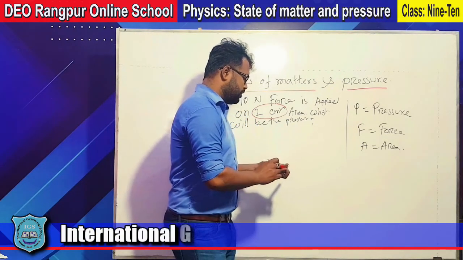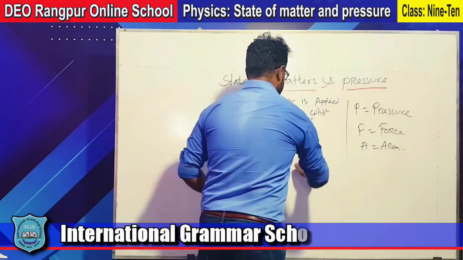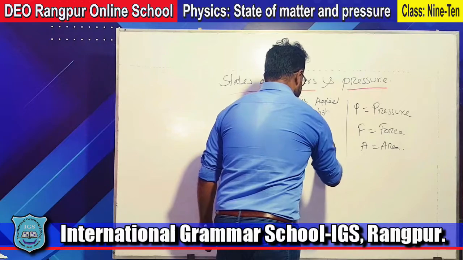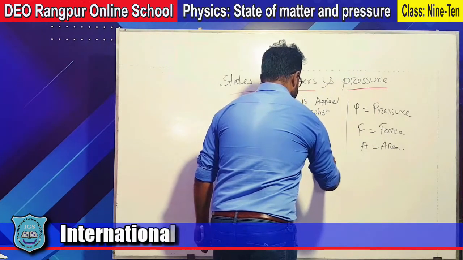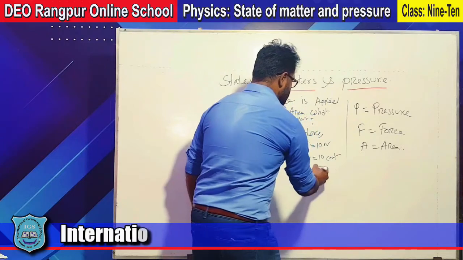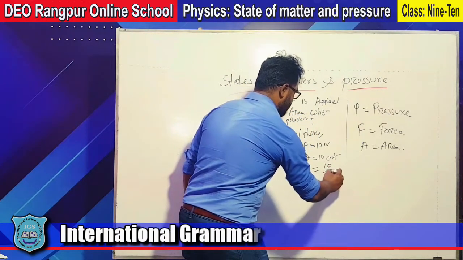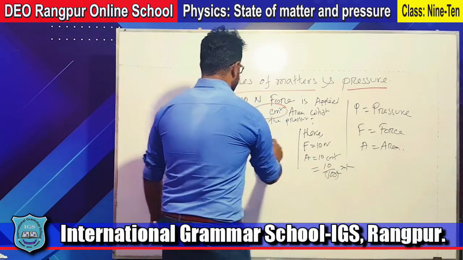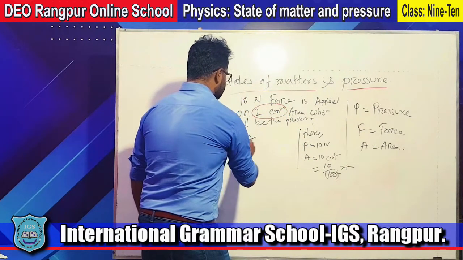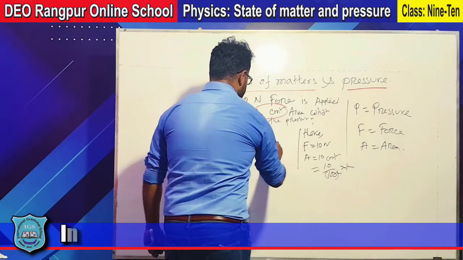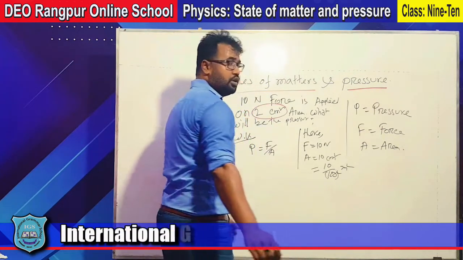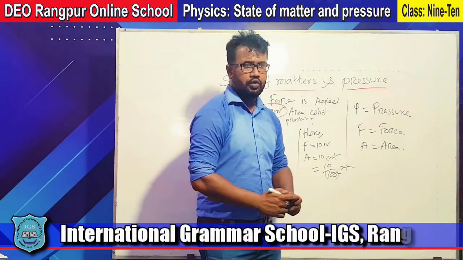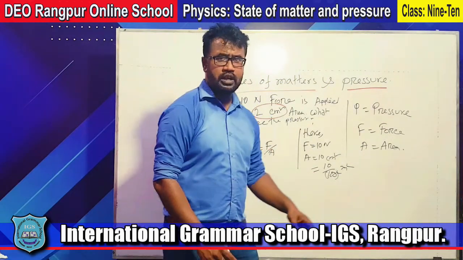So when you solve this math, firstly we have to write down here F equal 10 Newton, A equal 10 centimeter square. Just convert it into 10 by 100 square, 2 meter square. Okay, the values will be given, and we know P equal F by A. Just put the values here and the problem will be solved. Hopefully you will try it by yourself.